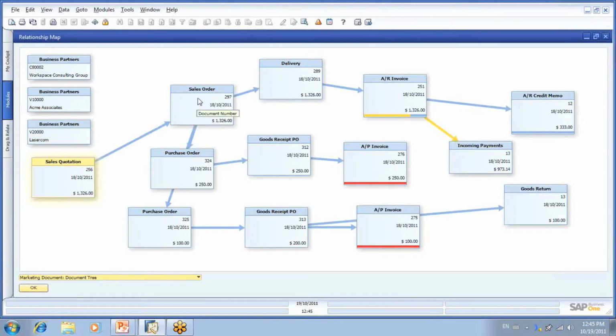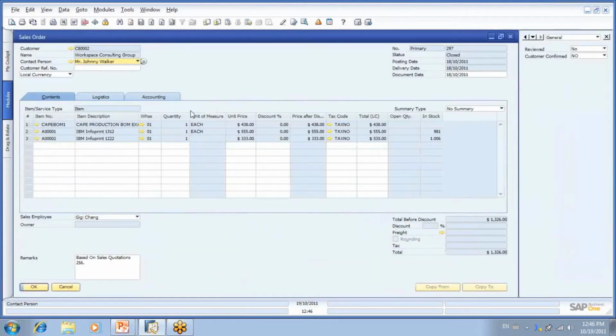So I can say, okay, you know what, Mr. Customer, I can see that there's a sales order, then there is a delivery, an AR invoice, you've paid part of it, and here's your credit memo. Even further, I can actually double-click or drill into the document and bring up the sales order itself. Okay? And again,